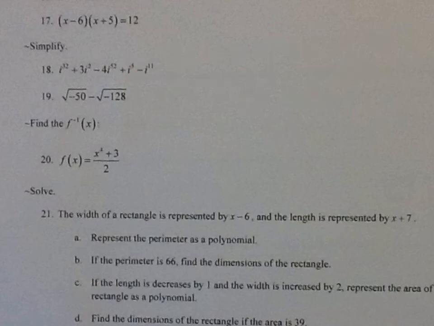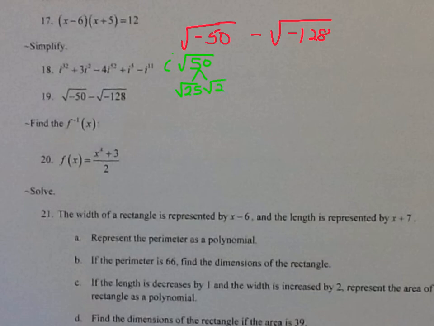All right, number 19. So I have the square root of negative 50 minus the square root of negative 128. Remember, in order to add radicals, you have to have the same radicand. They have to be like terms. The number underneath the radical has to be the same. So I'm going to simplify. I have i times the square root of 50, that's that negative under the radical. 25 times 2 is 50. 25 is the perfect square. So this becomes 5i, the square root of 2,